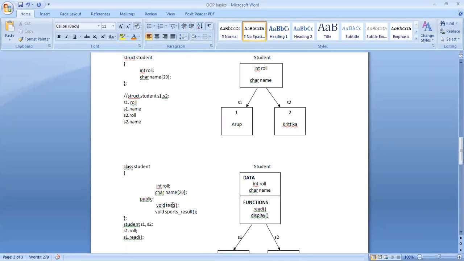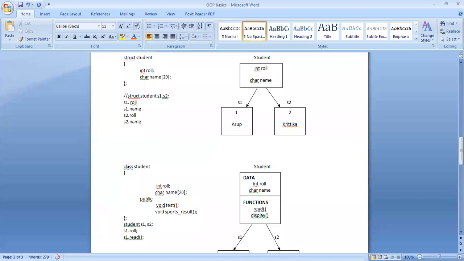A student appears for a test. A student appears for an exam. That is one behavior a student exhibits. A student participates in sports. So accordingly there will be some result for the sports. That is one kind of behavior exhibited by the student. So in my example here, I have considered the same example. The data members are the same, because it's a class. A class describes objects in real life, and objects always have properties and behavior. So here you also have to define the behavior that the objects belonging to the class will have.